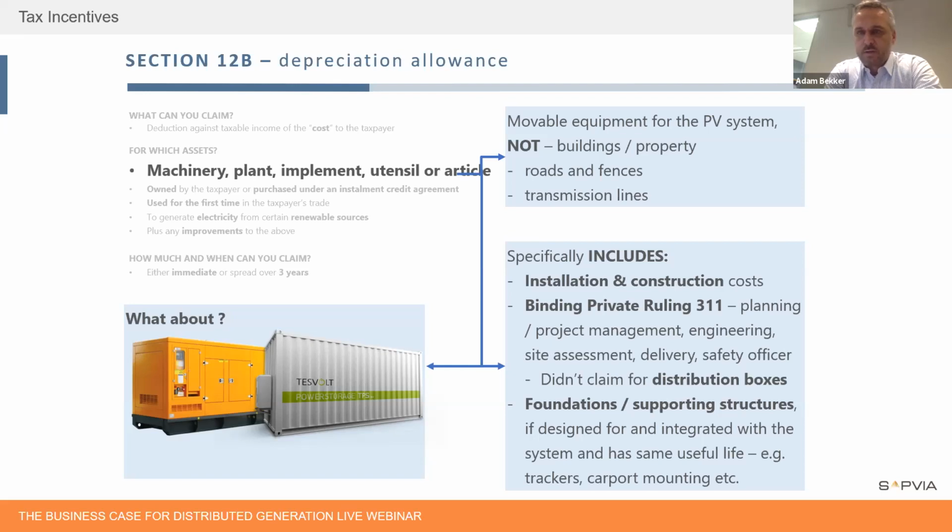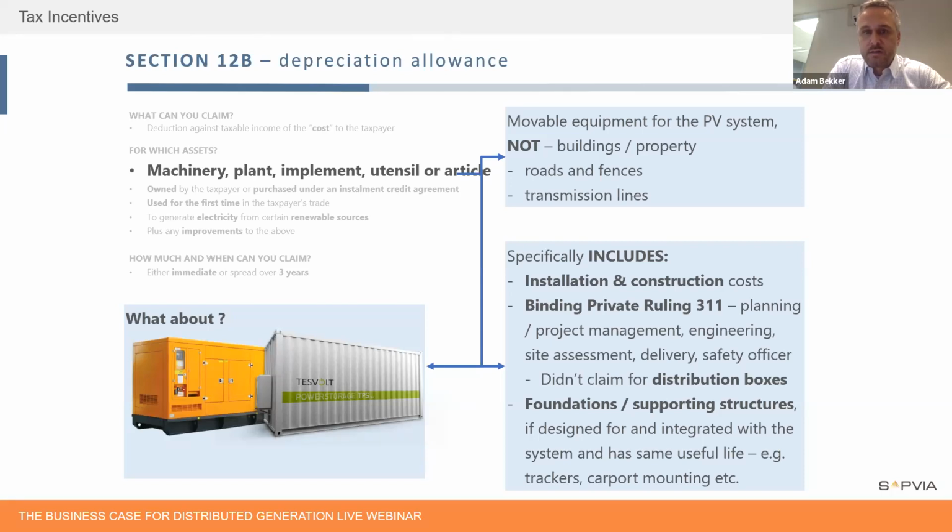So your labor costs, and the costs of employing an EPC in order to actually build the plant for you, are deemed to be included. And then there was recently a binding private ruling. Somebody applied to SARS for a ruling as to what costs they could deduct under 12B. Although it's a private ruling, so it's not of general application, it nevertheless gives an indication that SARS are happy to include in 12B other costs such as planning or project management costs,